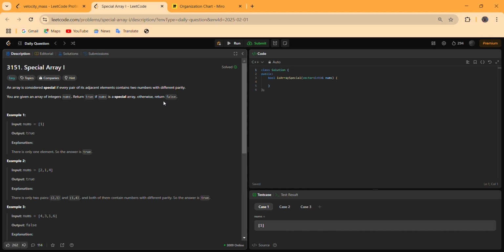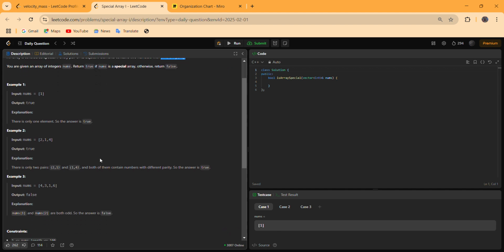A special array means that every adjacent pair must contain numbers with different parity, that is, every adjacent pair has to be opposite: if one of the numbers in that pair is even, the other has to be odd, or vice versa.